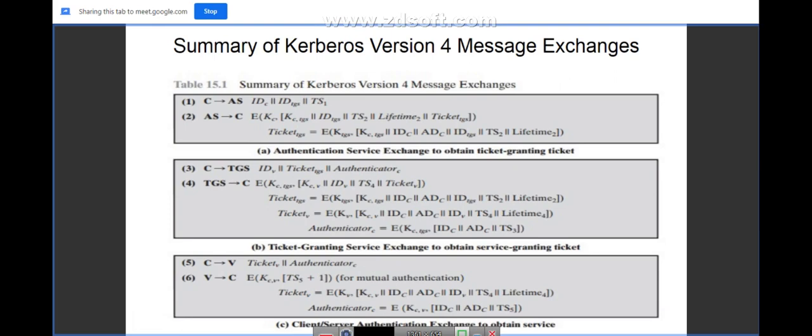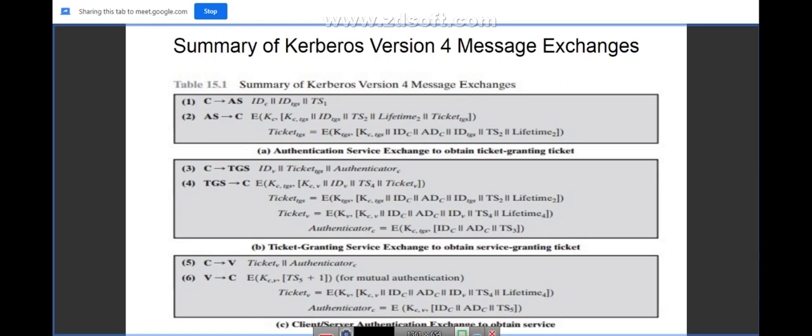Now the server returns the value of the timestamp from the authenticator. The server also has to return its response to the client, which has been encrypted with the session key. Now the client can decrypt this message to recover the timestamp, and it gets to know that the request has been serviced by the particular server. So these were the six exchanges